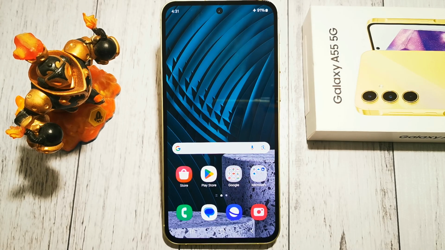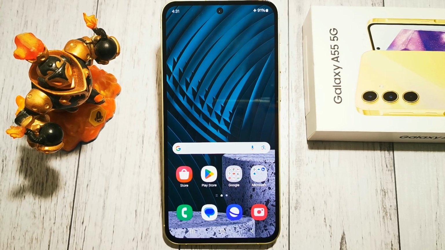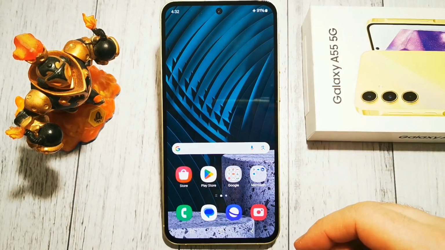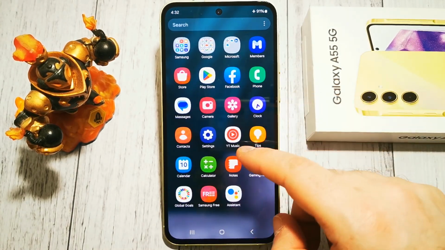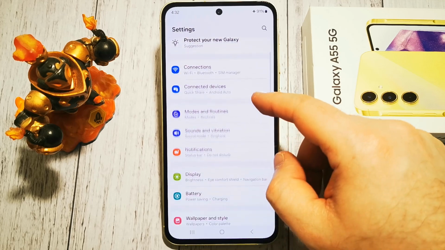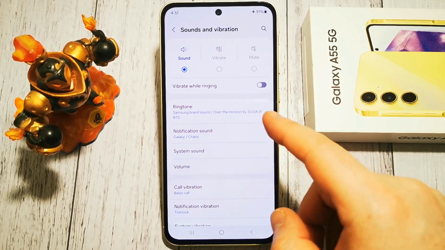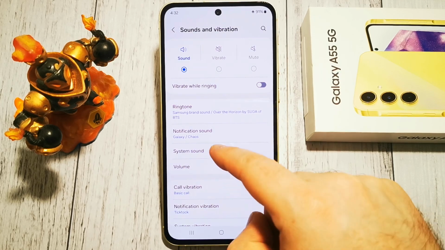Today I will show you where to find the option and how to change system sounds theme in Samsung Galaxy A55. So to change the whole theme of our soundboard, of our system, we need to go to settings, then in where it is in sounds and vibration menu, we have system sound. When we go in here,